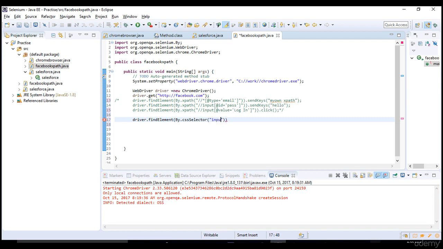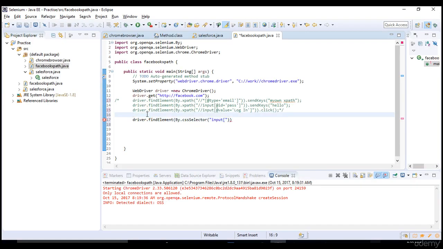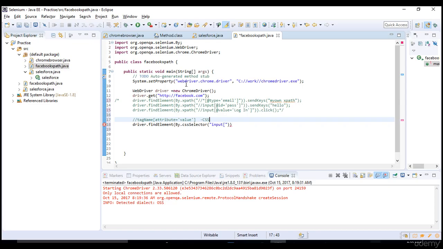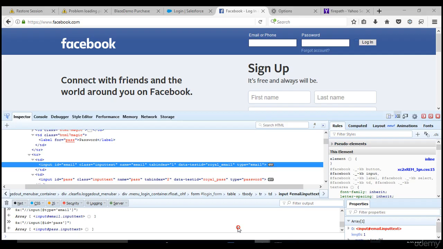Input. Let's write directly again rather than copying into Notepad and copying into the browser for validation. You got some understanding, right? So let's not waste time in doing those steps. I'll put the syntax here so that you can easily refer. If I put it in the test itself, this is the syntax for CSS and this is the syntax for XPath. As per the syntax, we give the tag name, so no slash like XPath, and no @ before the attribute.